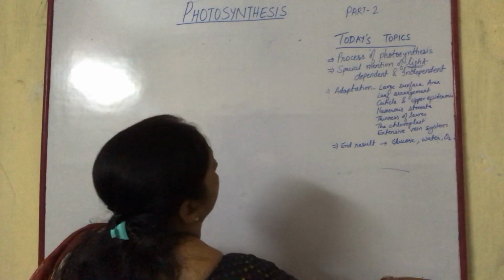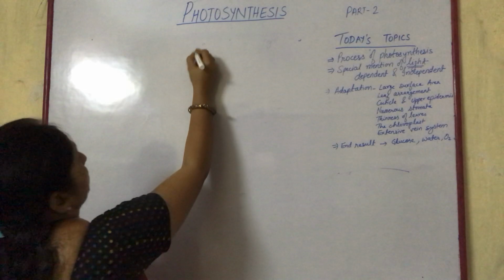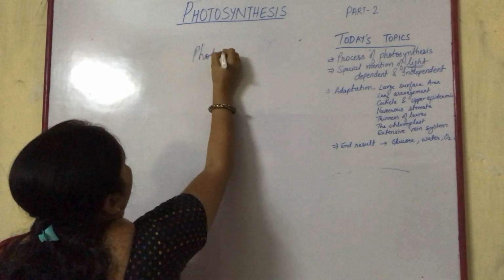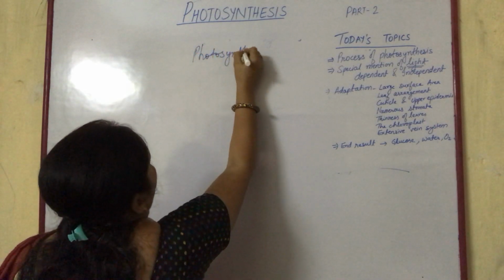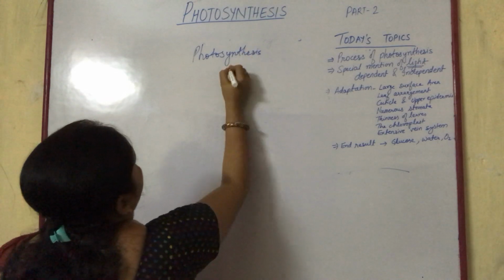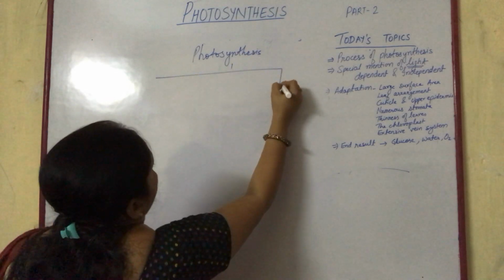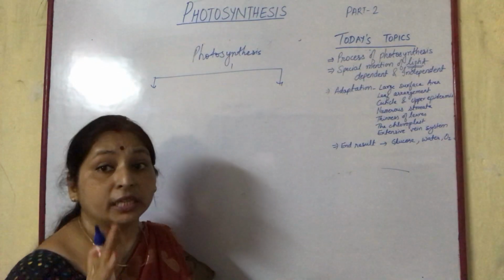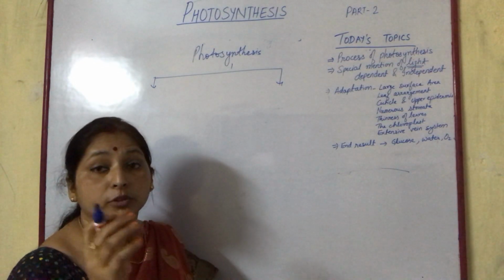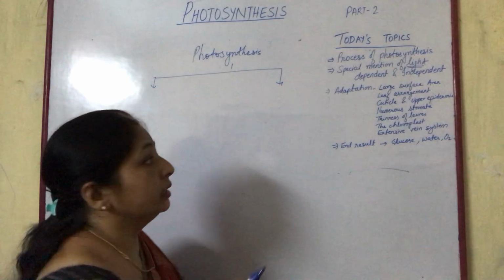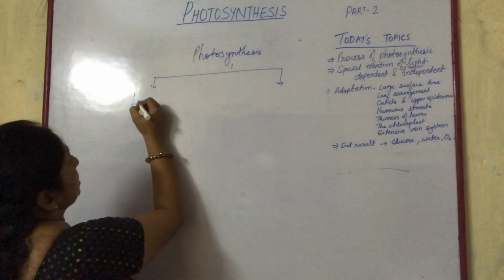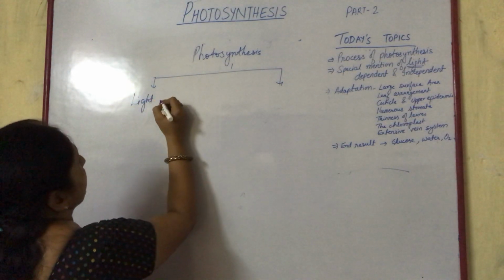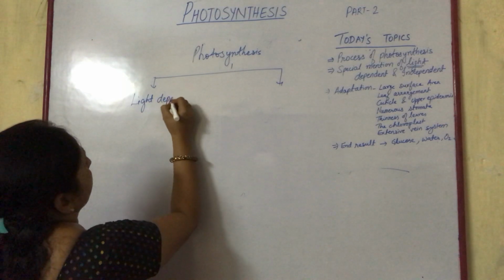This is photosynthesis. It involves two main processes, which are various chemical reactions. Total 9 chemical reactions are there. Out of this, 2 are main, and these are mentioned as light dependent